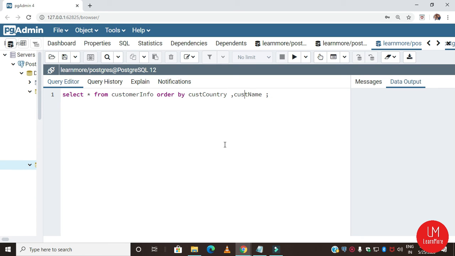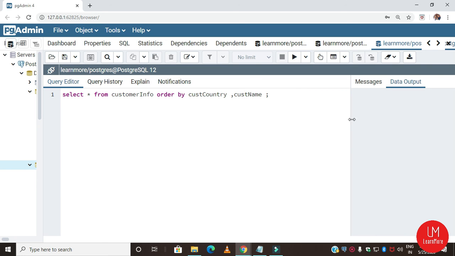I repeat, this statement orders by customer country. In some cases you'll have multiple entries of the same country, and then it will sort those rows by customer name.